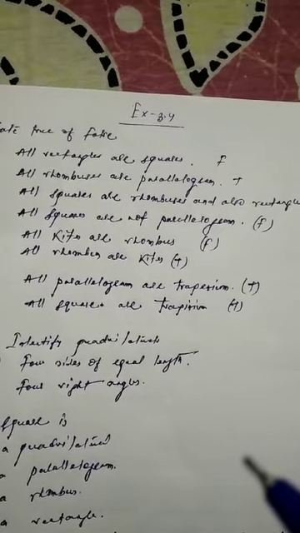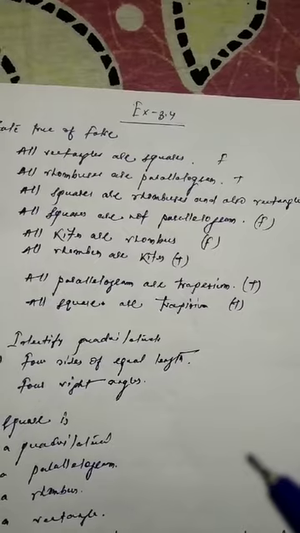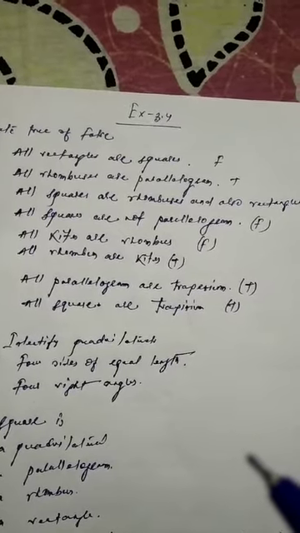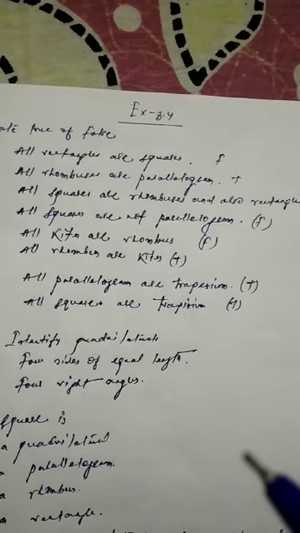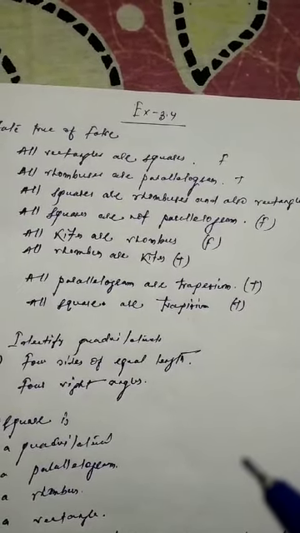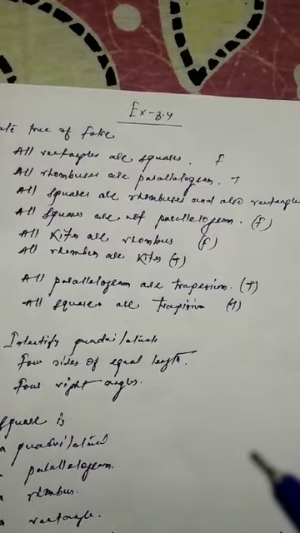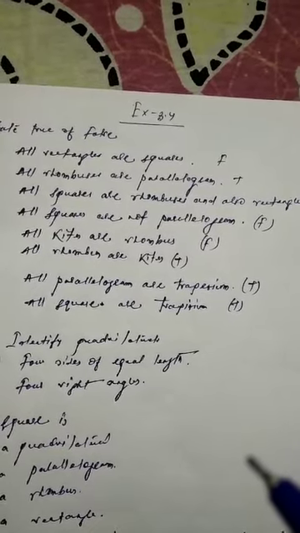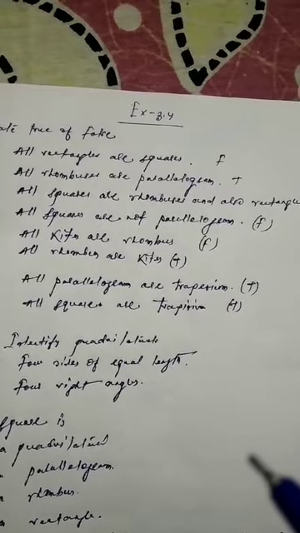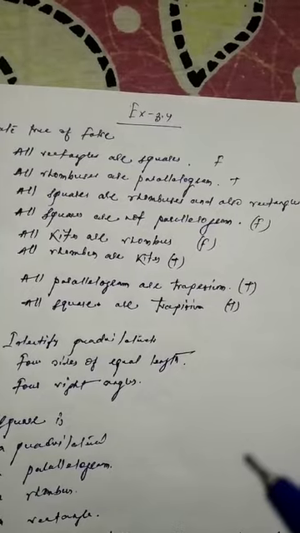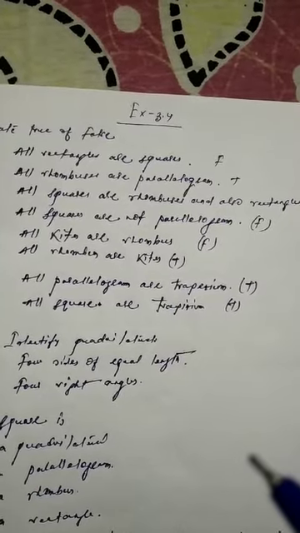Almost every property of a square matches with a parallelogram. A square is a kind of parallelogram, but every parallelogram is not a square. A rectangle is also a parallelogram, a special parallelogram, but some properties of a rectangle don't match with a square. So we cannot say that every parallelogram is a square, but all squares are parallelograms.